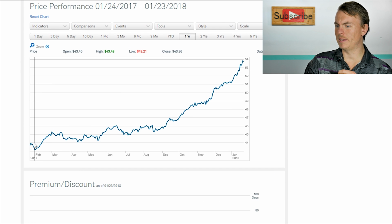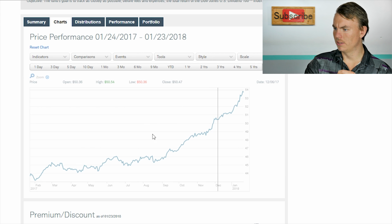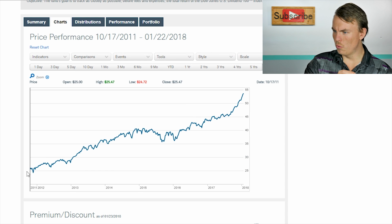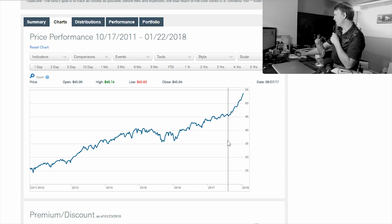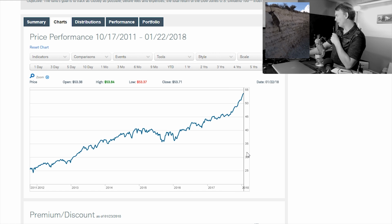So this is the chart. We actually need to go to the 10-year. We'll go ahead and load that up real quick, but it's been around since 2011. And as you can tell, pretty solid rises over the last year or so. We've had a steep pickup since basically August of 2017. That's kind of concerning because it looks like we're going to have some kind of correction